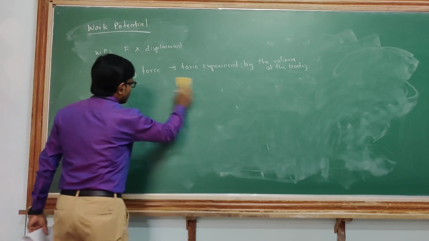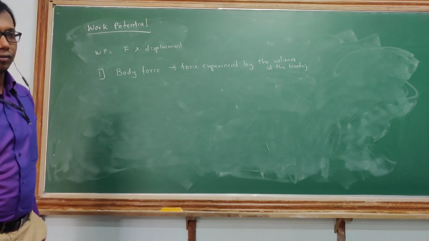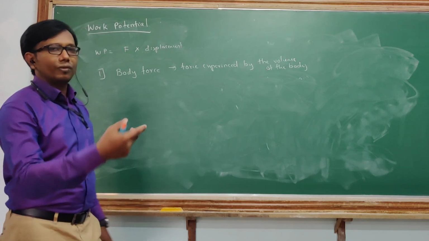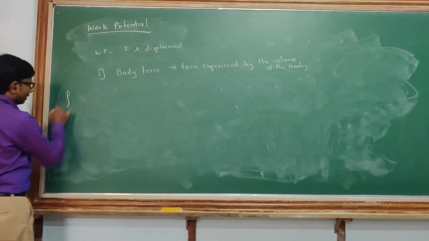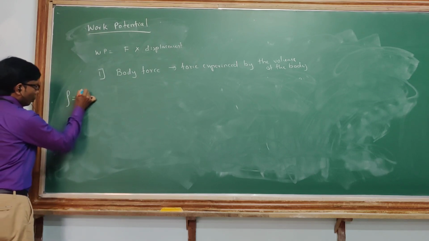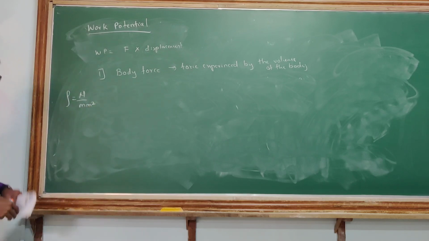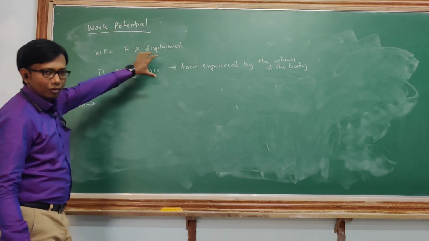How to write a body force? Body force, you have already experienced as the self weight of the body. In your mechanics of materials subject you have studied what the deformation of an object will be because of its self weight, where you used to take the parameter called density. Density was Newton per mm cube or meter cube. In such cases there used to be only density. Density is nothing but the load upon volume. It is the body force which is acting on a particular body. So this is nothing but the body force which is being given.